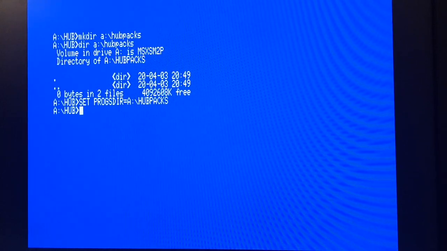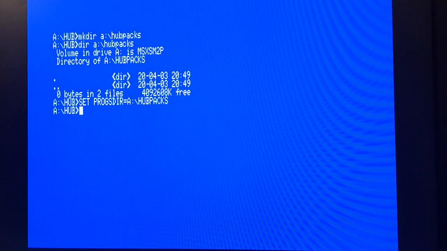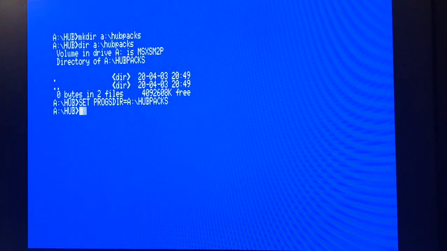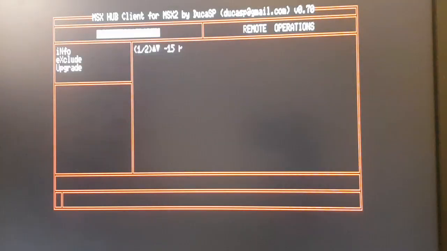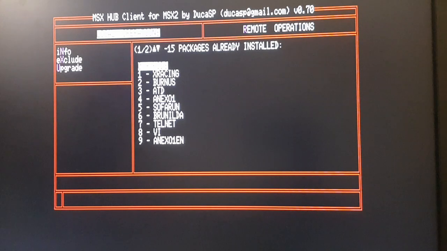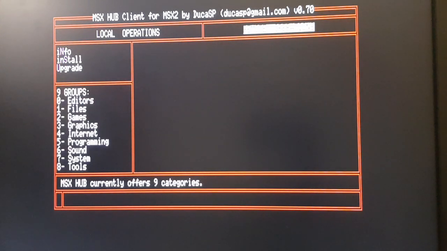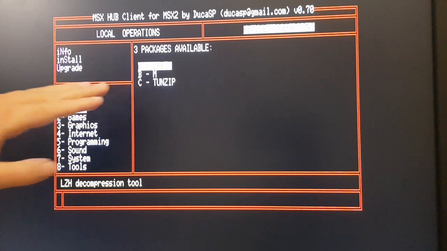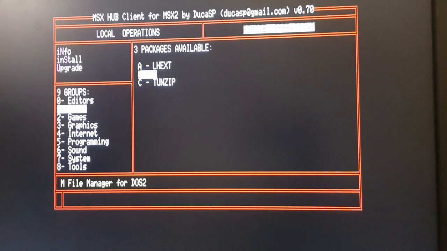By doing that, you are telling it do not install in the root folder, install in HUB packs and HUB2. So remote operations, and let's install another thing. Let's say here, let's install M, that's a package, and I will just hit S. Oh, it's already installed, so let's try